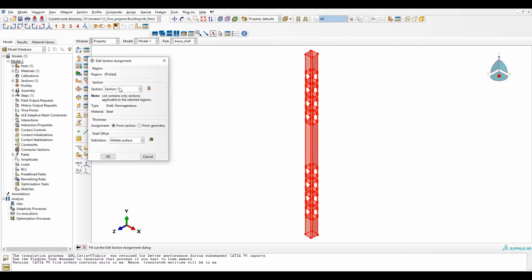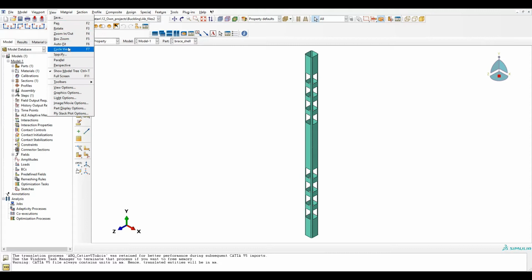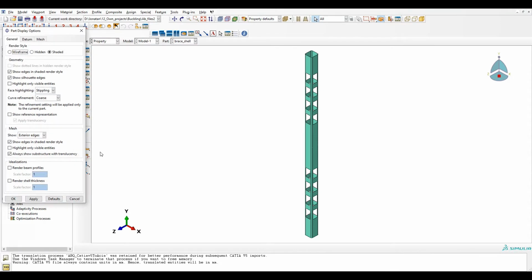So done. Select the section. The shell offset is important. In this case, it will be middle surface. If we would like to see how the thickness is rendered, we need to go to part display options and go to shell thickness.